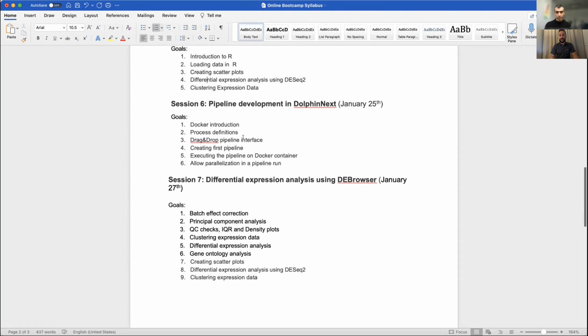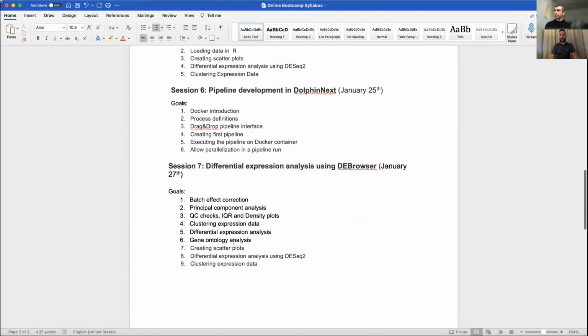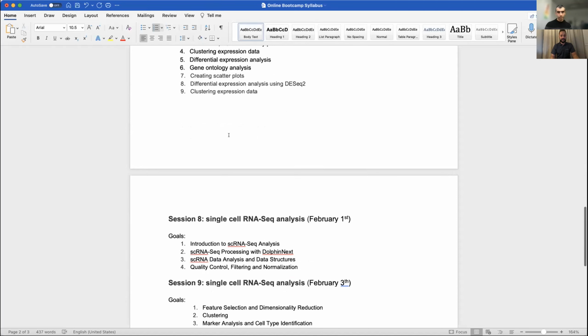But again, we want you to learn R, and using R, you're going to be powerful and you can do many different plots. That's why we want you to invest some time on it for your future, because you cannot do everything with any existing interface. Those are specific to some specific things, like the browser, for example, specialized for differential expression analysis. But if you want to do other things, you need to improve your R, and it's a very powerful language. I think you should learn it.